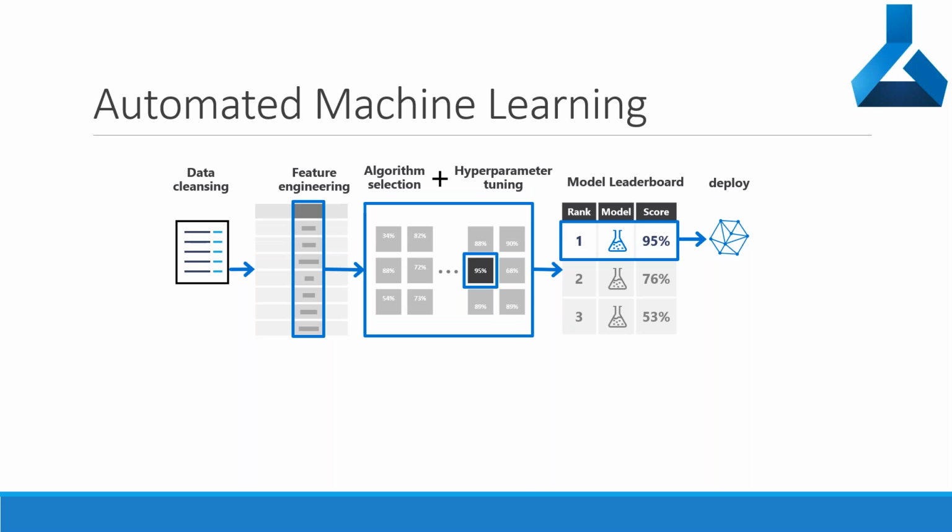So let us quickly look at the process of an automated machine learning flow. We start with the data, and of course there is a data cleansing activity, and then we find out which algorithm we need to choose in order to solve the problem, because there is a whole heap of algorithms available. You need to understand which algorithm you'll be choosing for solving this particular problem.